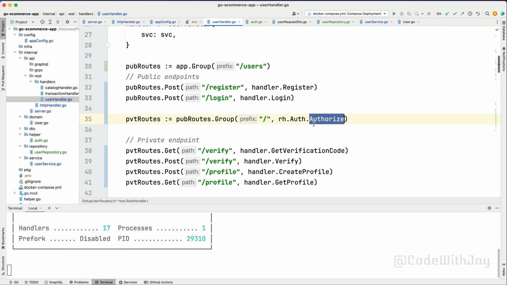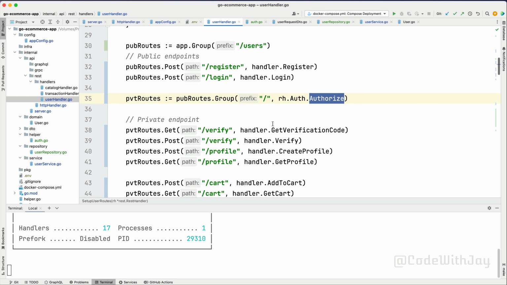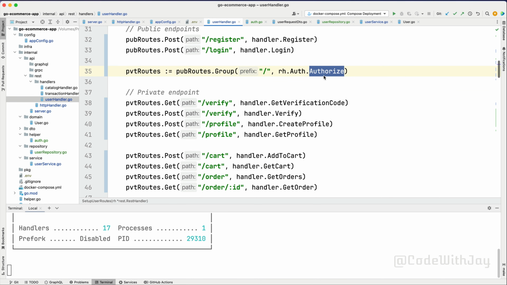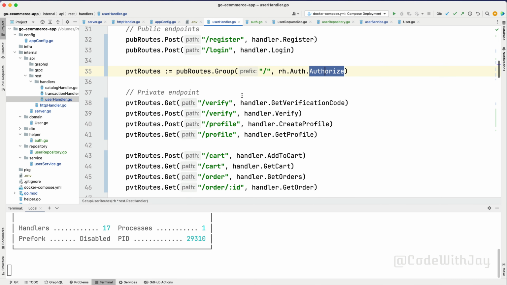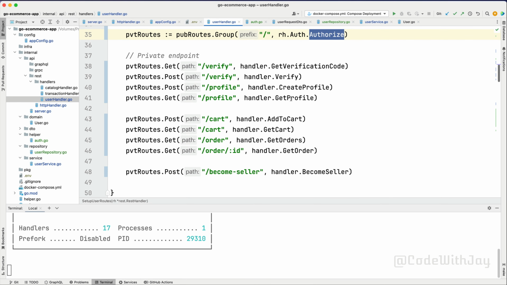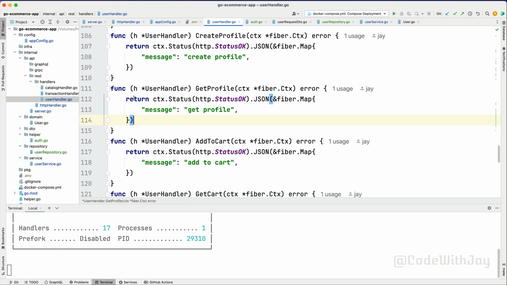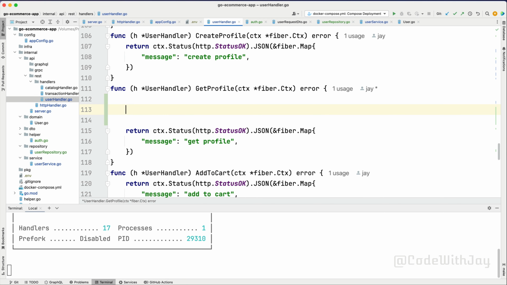So here, while we are calling this authorize, we are assigning the user data. You can see here, line number 122, we are setting up our user. So somehow we need to read this user, right? Because while we call this user handler to get profile, we need to make sure that whatever user is logged in, whatever token we are sending in the header, that specific profile gets returned, right? So how can we get it? Let's go to get profile, and inside this get profile you can directly grab it here. This is going to be user,